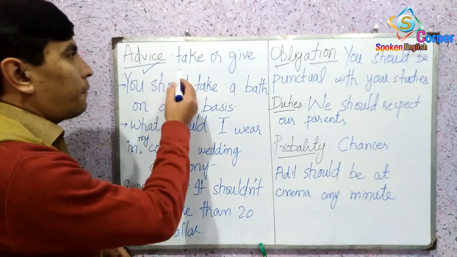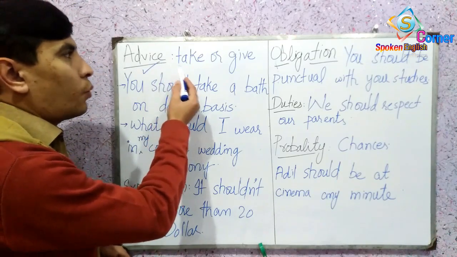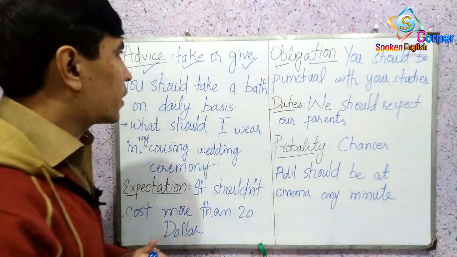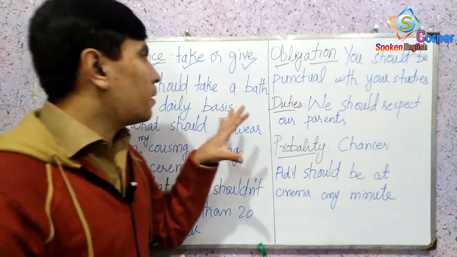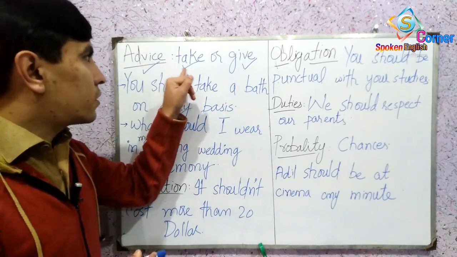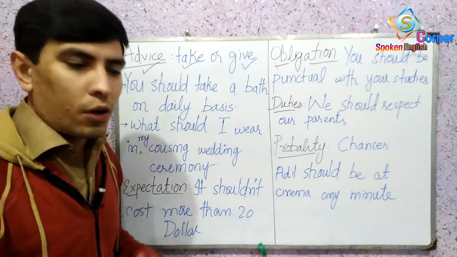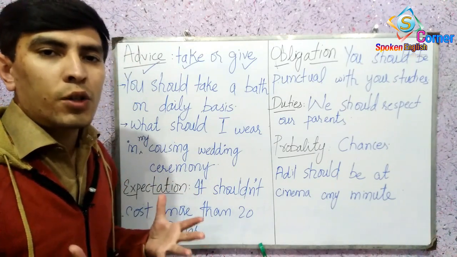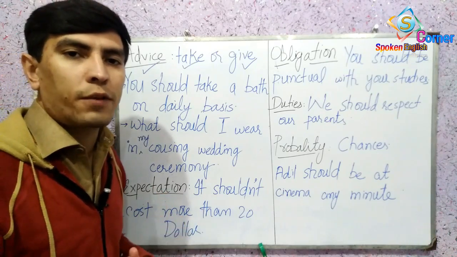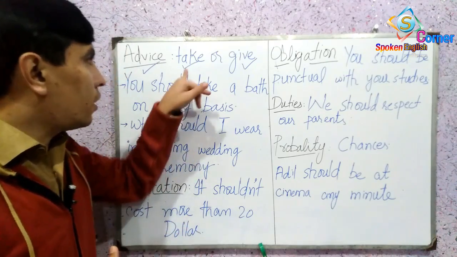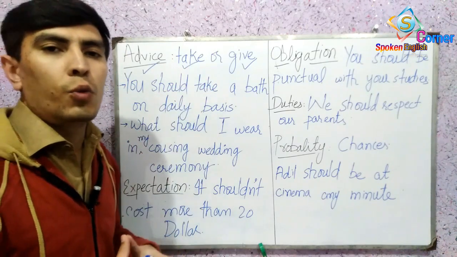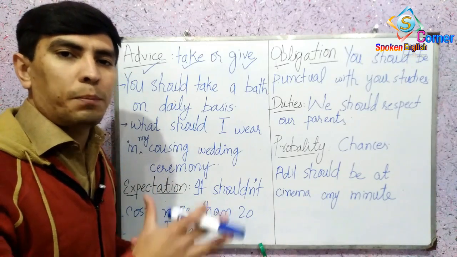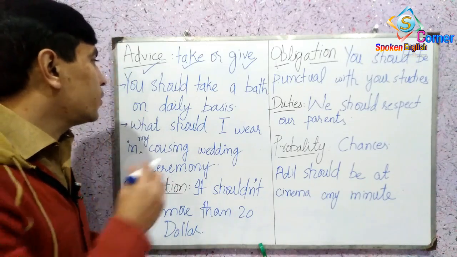Here I have mentioned that advice has been divided in two terms. The first one is take and the second one is give. So what does it mean? Take means when you are stuck in any situation and you want to get a suggestion or recommendation from someone, so there you will take a suggestion or take an opinion from someone else and you will complete your conversation with the help of should.